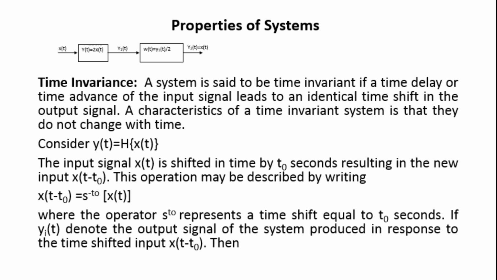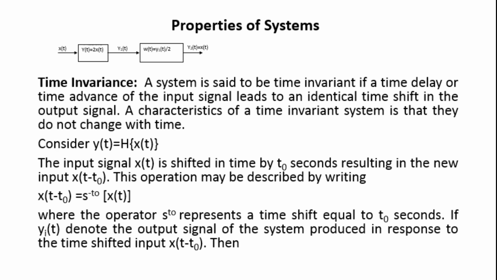The characteristics of a time invariant system is that they do not change with time. Consider y of t is equal to H into x of t. The input signal x of t is shifted in time by t0 seconds, resulting in the new input x of t minus t0. This operation may be described by writing x of t minus t0 is equal to S to the power minus t0 into x of t, where the operator S to the power t0 represents a time shift equal to